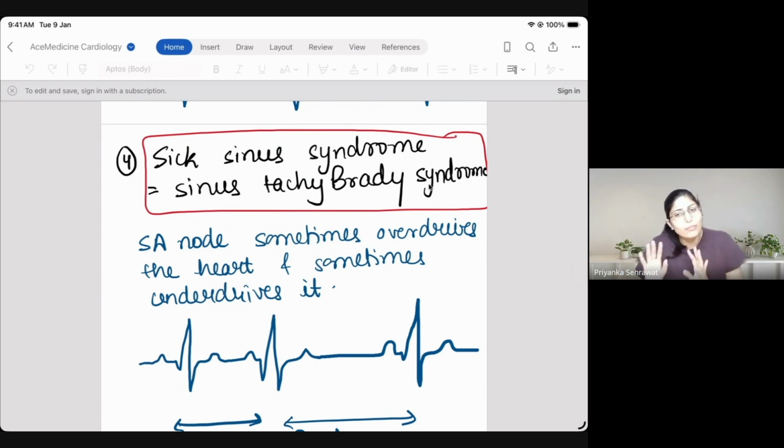So all the waveforms again will be normal, the intervals will be normal, the segments will be normal, the P wave, QRS, the morphology is going to be completely normal, but some RR intervals are short, some RR intervals are long. So sometimes there is tachy. On some parts of the ECG paper, there is brady, which is known as sinus tachy-brady syndrome, most commonly seen in patients of sepsis or septicemia. Okay, so that is sinus tachy-brady syndrome. जैसा इस ECG में भी दिख रहा है.